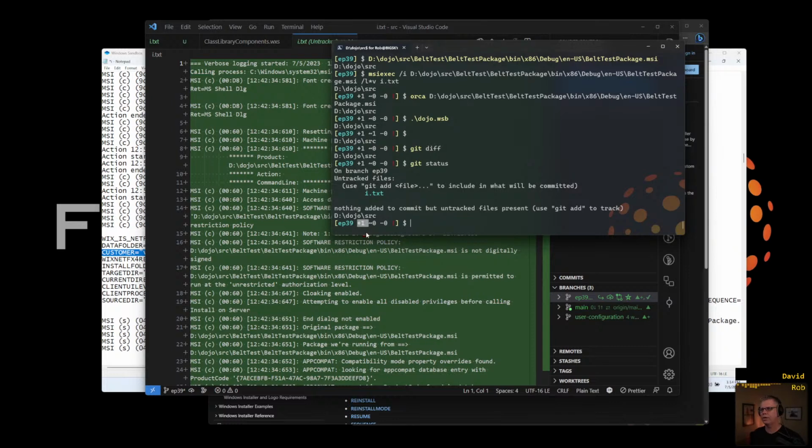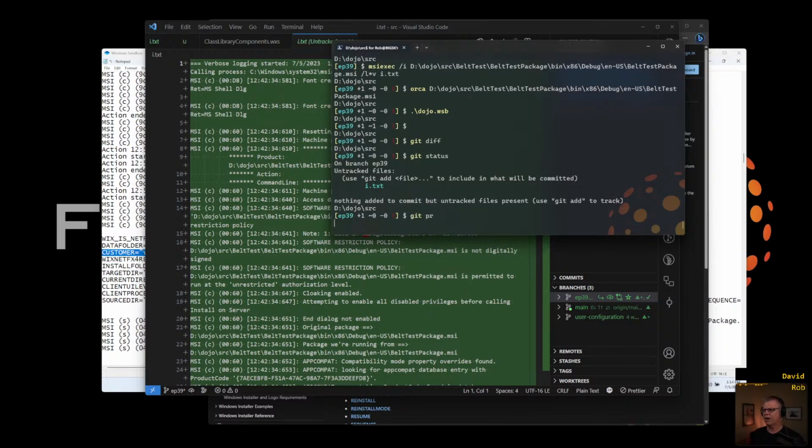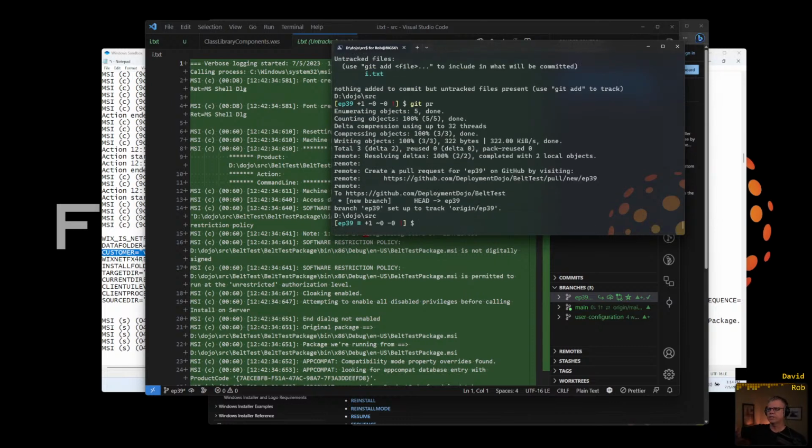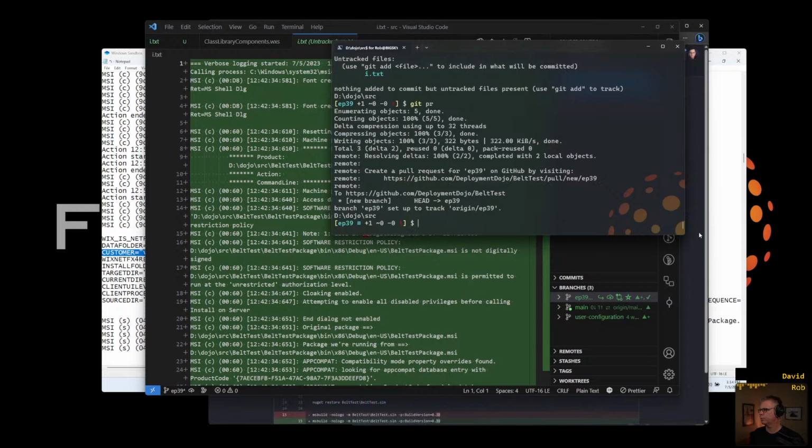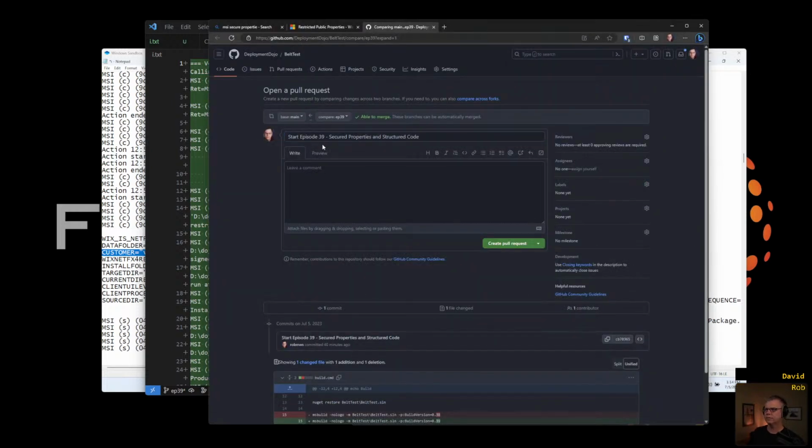This +1 is a way I can quickly tell, are there files on my machine that aren't checked in? Yes, there are. All right, so let's go ahead and do, I call it git PR, which is a command that automatically creates a branch and pushes it up to GitHub. It finds all that for you, because then I can just click on this in my command prompt and poof, it opens a new window and I've got this ready to go.